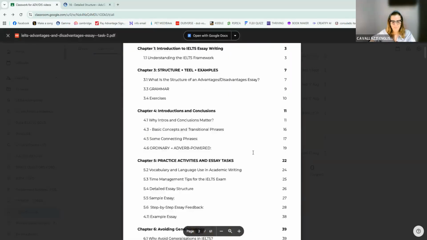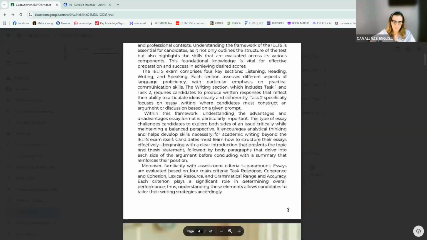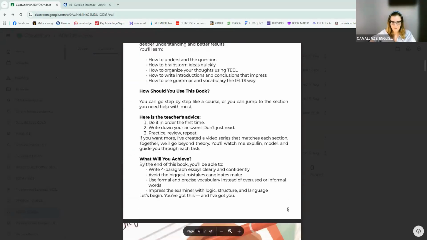I'm even going to show a little bit here because I'm going to have to open it now. So here it is. This would be the book. It's in PDF here. It's an ebook. Personally, I don't really like ebooks, but you can get it in PDF as well. So take a look.